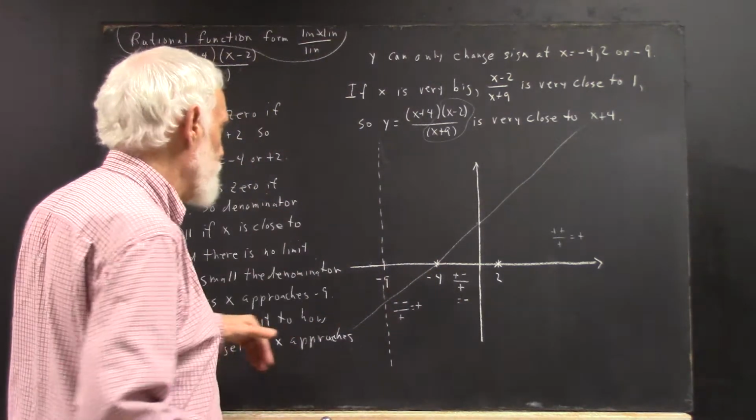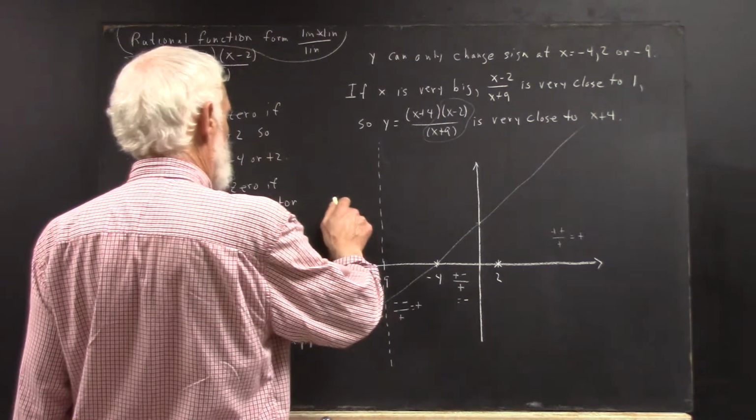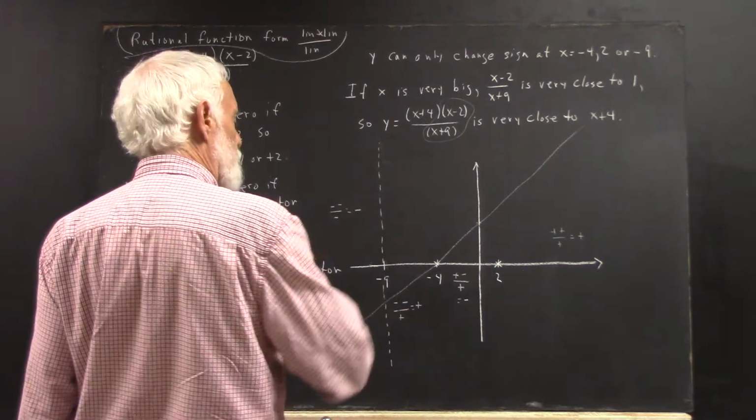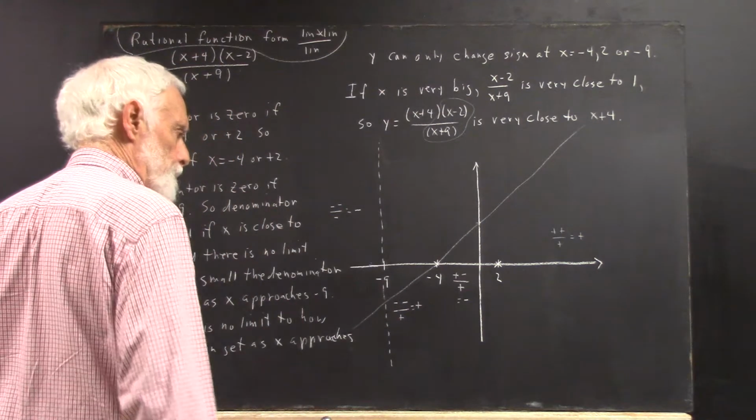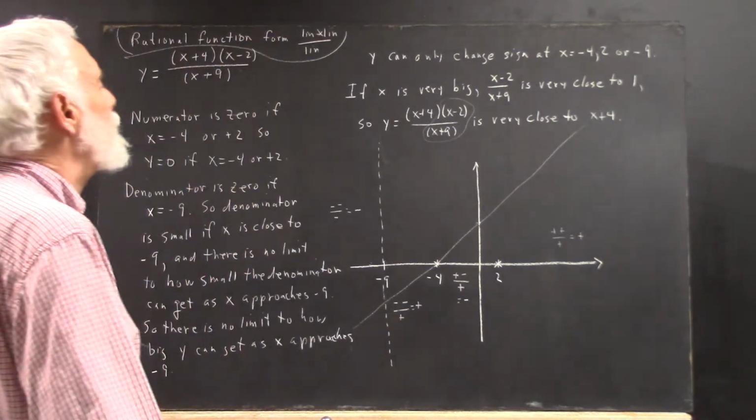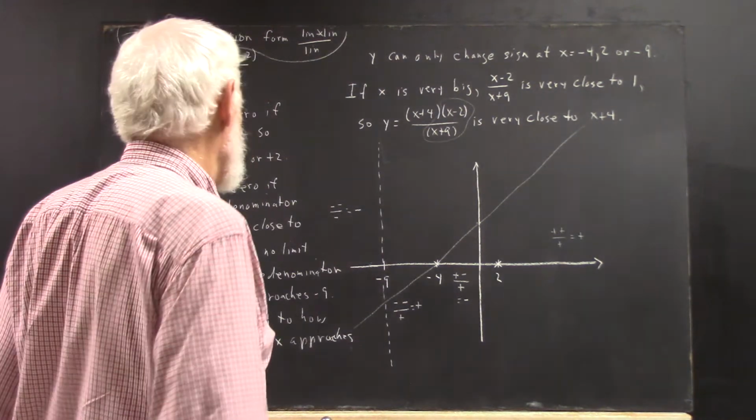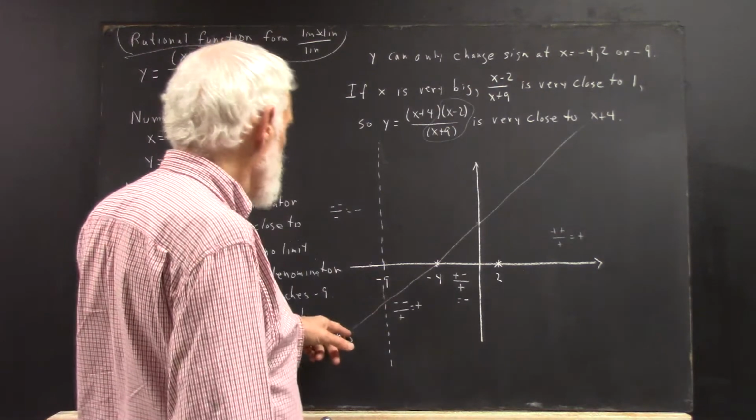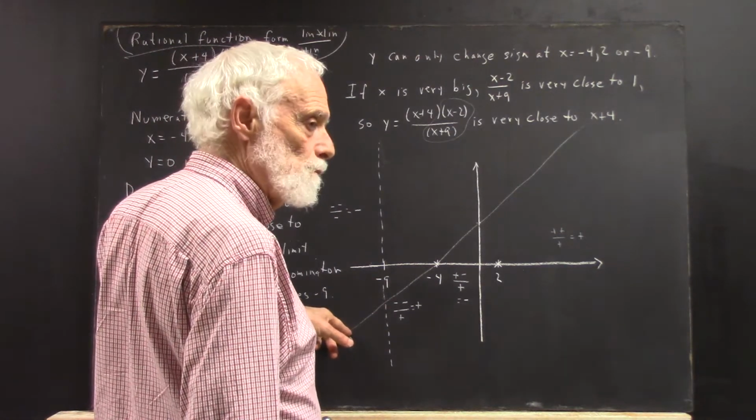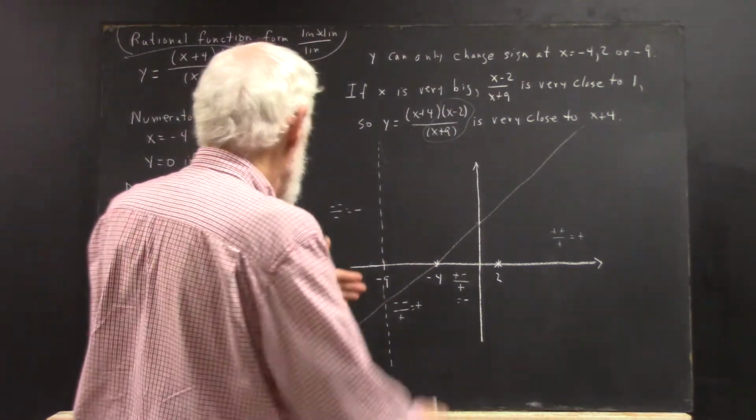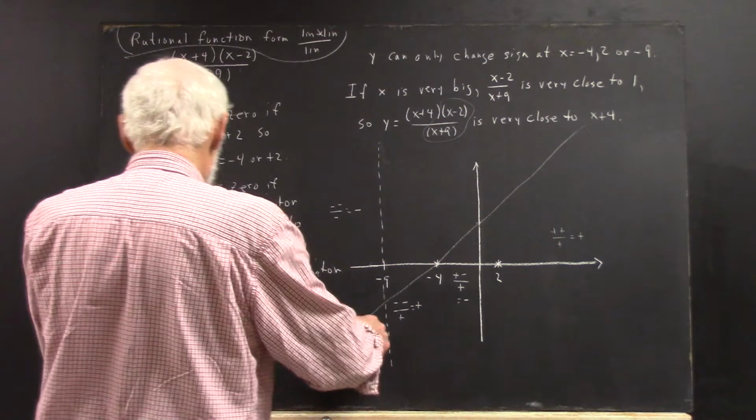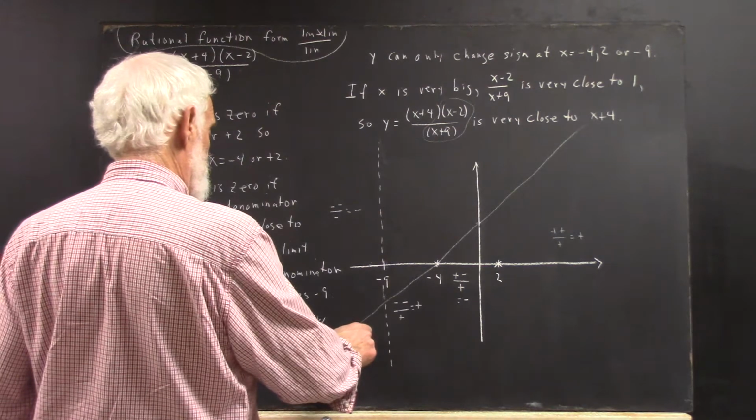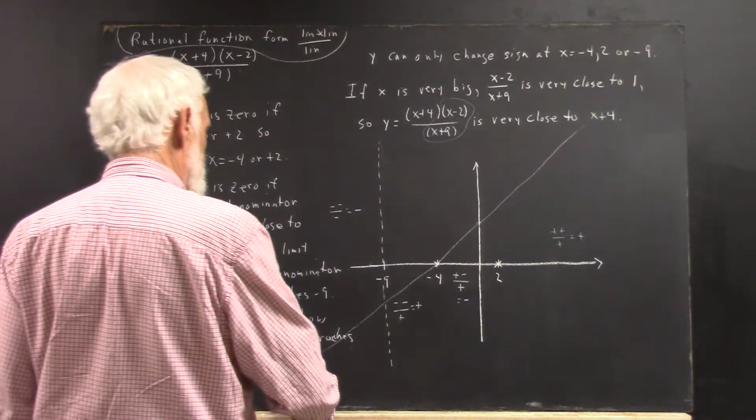And then on this side, you can check it out yourself. You're going to have a negative times a negative over a negative, and that's going to be negative. So the graph's going to go down here. Okay. Now we want to draw the graph. How are we going to do that? Well, it's negative here. It starts out close to this line. Probably not that close when we're here, but when we get way down here, it's going to be close to the line. So it's going to come along probably close to the line,